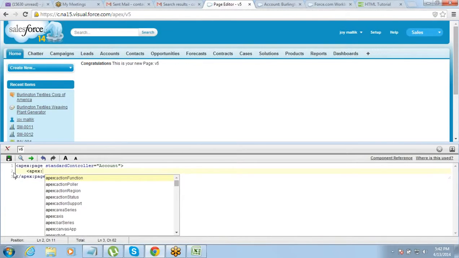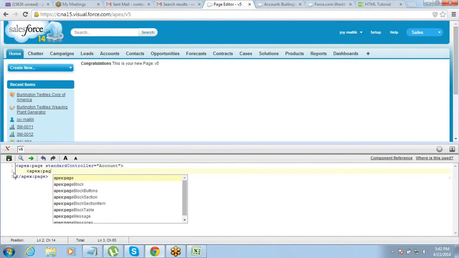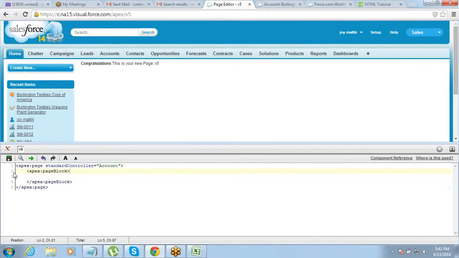It picks page block, that will I say account details with tabs.